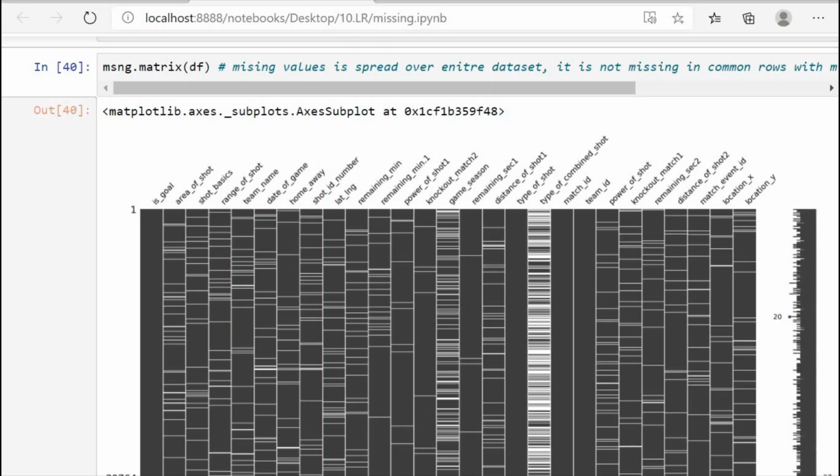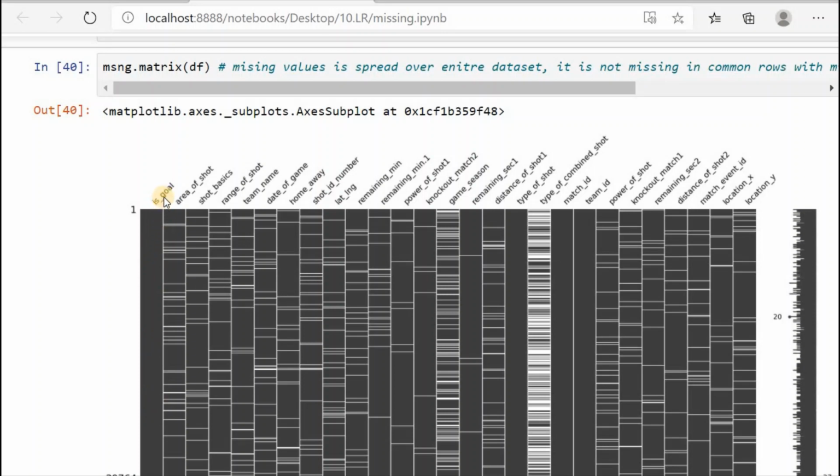So what does this report tell us? These bars represent each of the columns. Like this bar represents is goal, this bar represents area of sort, and this bar represents sort basics. If you see no white line in a bar, that means there is no row that has a missing value in that column.